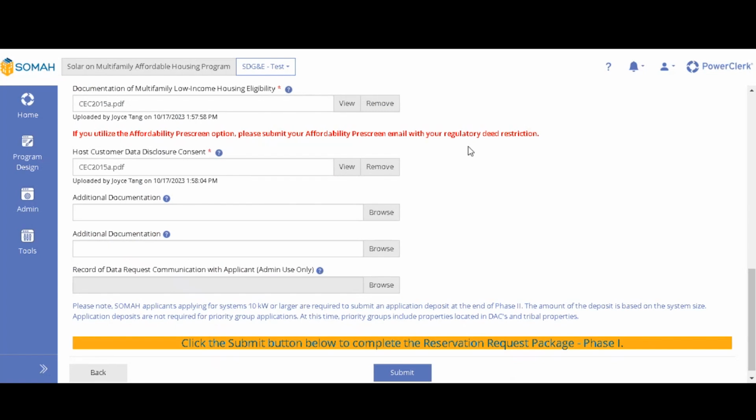So once everything is uploaded, it will just let you know that if your system is 10 kilowatts or larger, you do have to submit an application deposit in the next phase of the reservation request. And it is based on the system size, but it is not required for priority group applications, which currently include DACs and tribal properties. You don't have to pay anything now. It is just letting you know that it will be required in the next phase. So you just click submit,